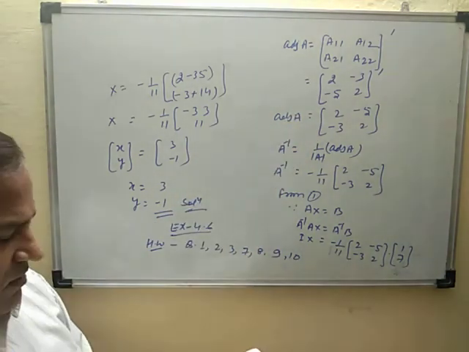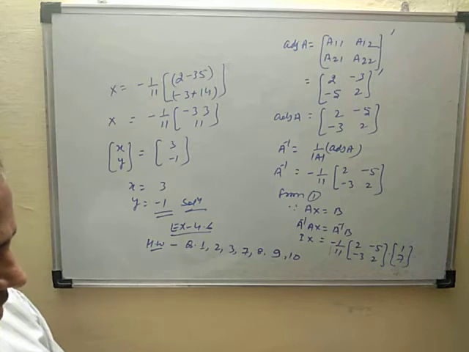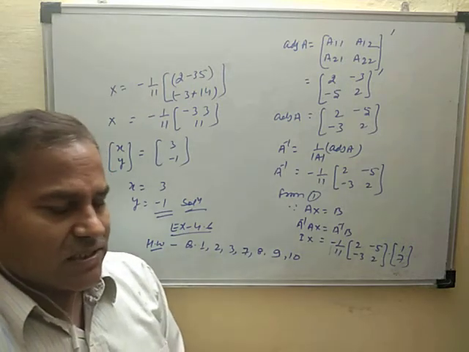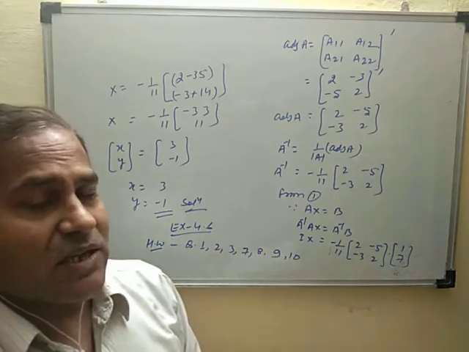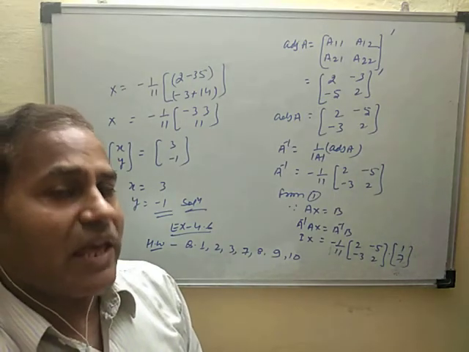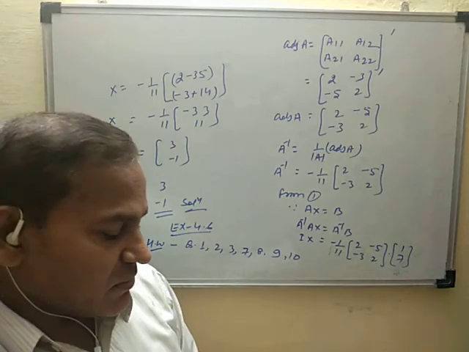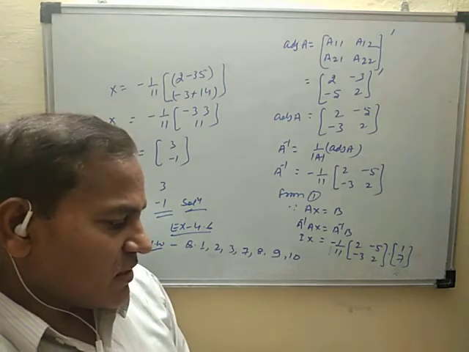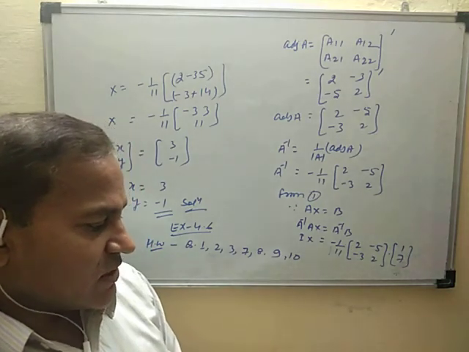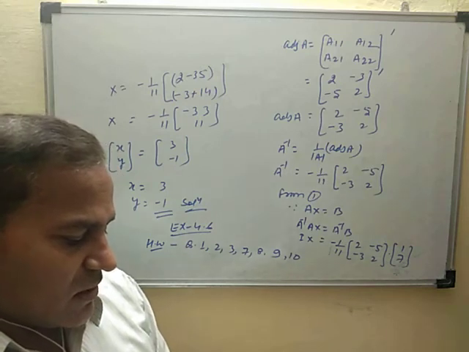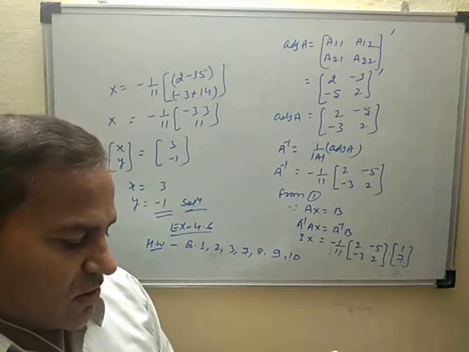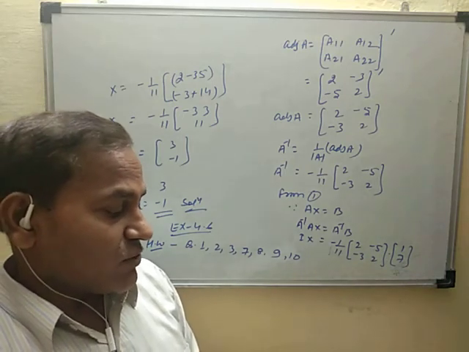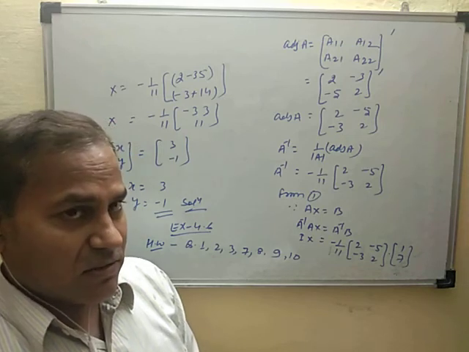Same example number this, same ऐसे try करोगे. ऐसे first में क्या है, examine the consistency of the system of equations in exercises 1 to 6. Consistency, how to check consistency? That is, solution is unique or infinite. Consistent means solution is unique or infinite. So for unique or infinite, here use case 1. Case 1 is if the determinant of A is non-zero, then the solution is unique. And for infinite solution, check the adjoint of A into B.